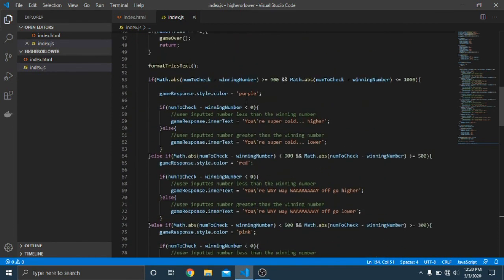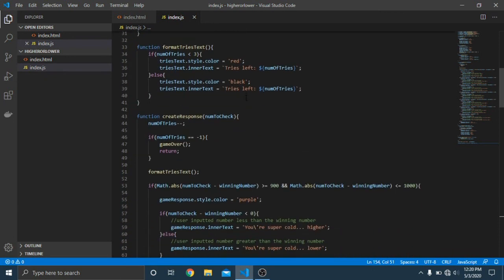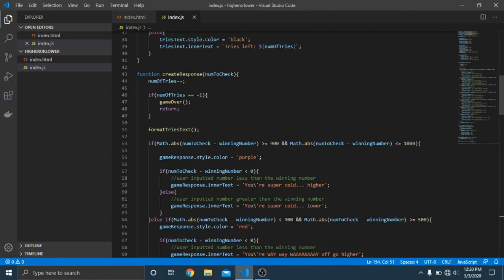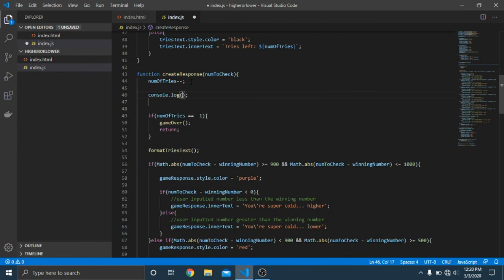That's interesting. Let me see here. Number of tries. I just want to log the winning number, or not the winning number, but the num to check here. So I'm just going to do num to check like that. I'm going to say num to check,